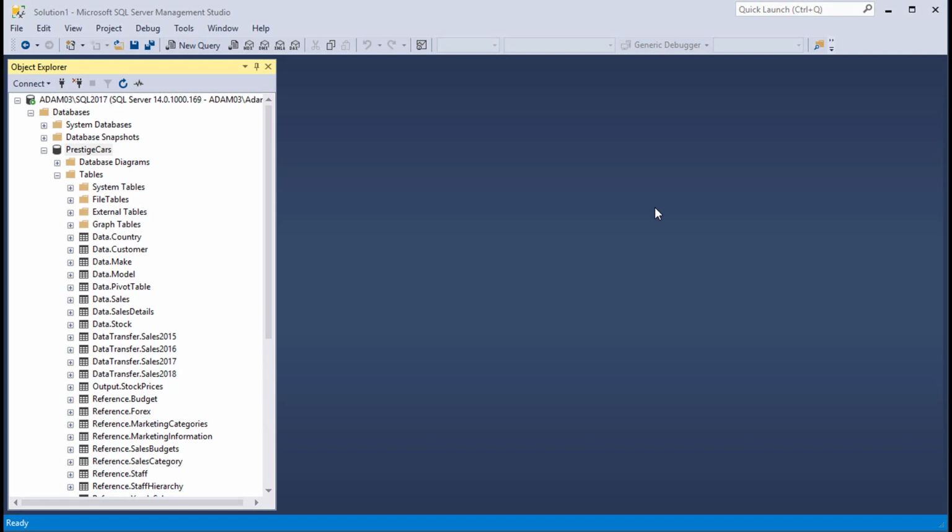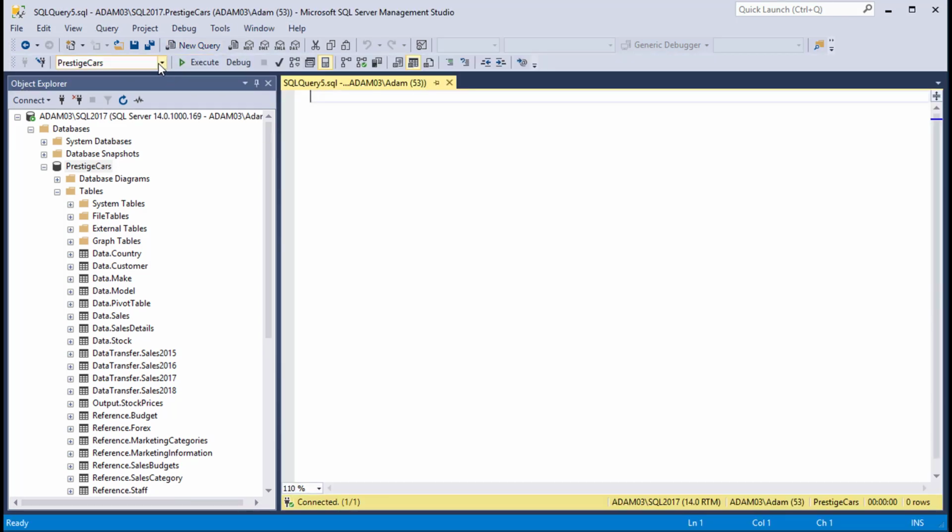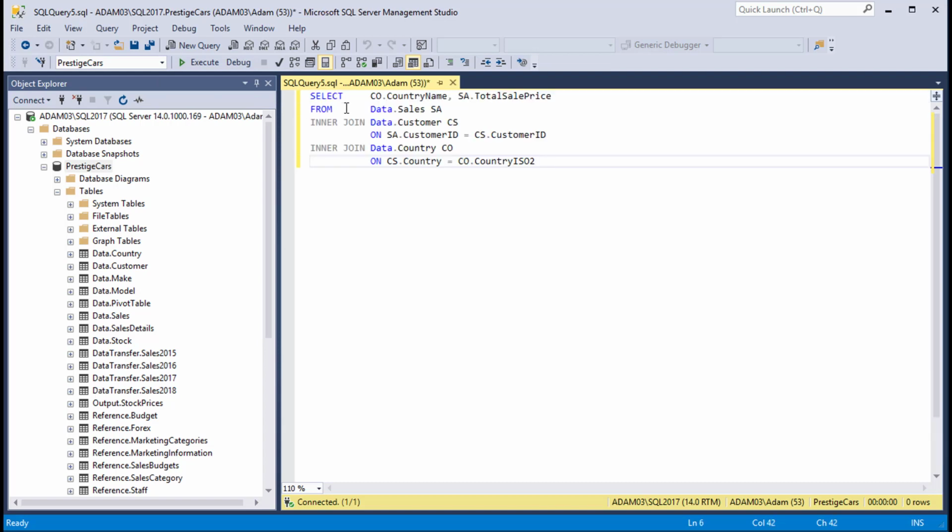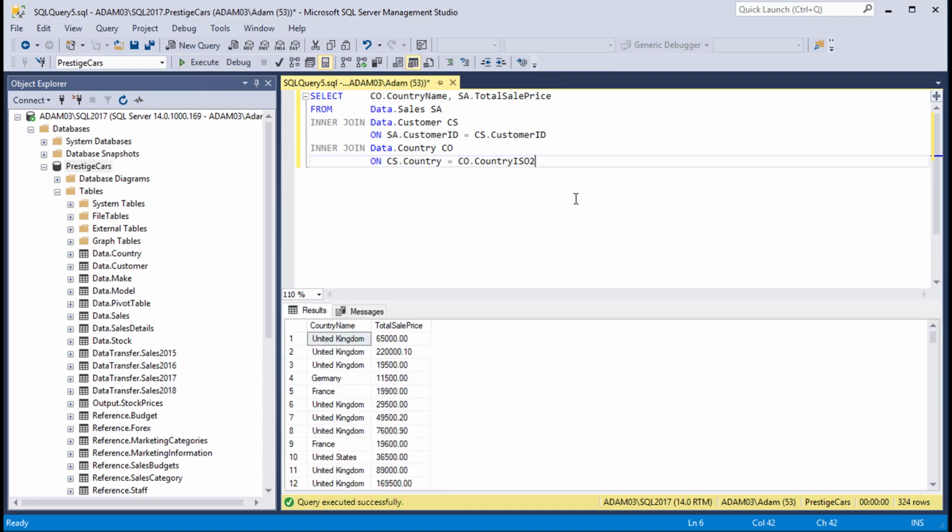Let's see this principle in practice. First, I'm going to click on the New Query button in the toolbar, and of course I'm going to make sure that we're connected to the Prestige Cars database. Then I'm going to paste in the query that we need. Finally, I'm going to execute this query by clicking on the Execute button. We have the country and sale price for each vehicle, even if there was no direct way of joining the